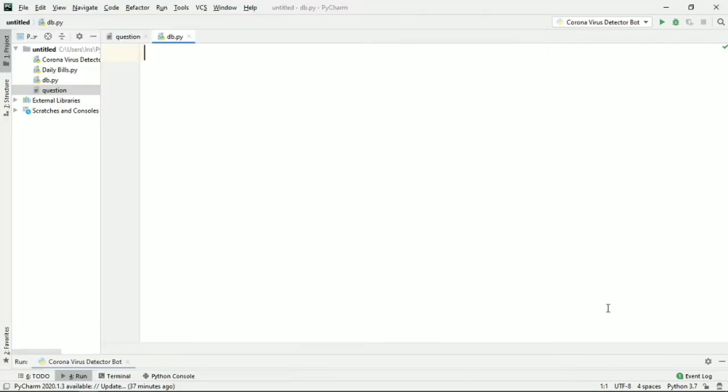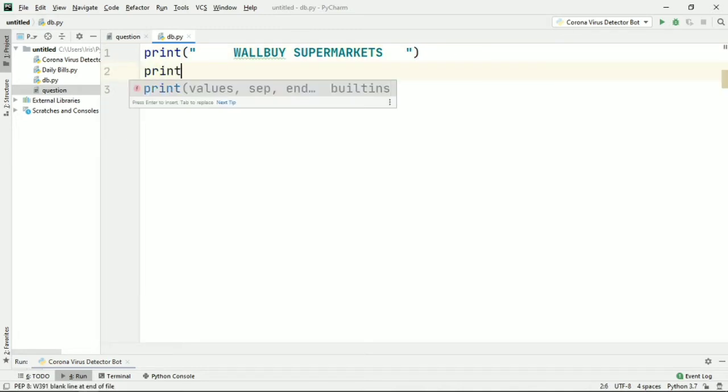Daily bills. Okay, so first let me print my supermarket name. So just let me name it Walmart supermarkets. Okay, let me just print another statement saying the supermarket is welcoming the user for buying products from the shop.